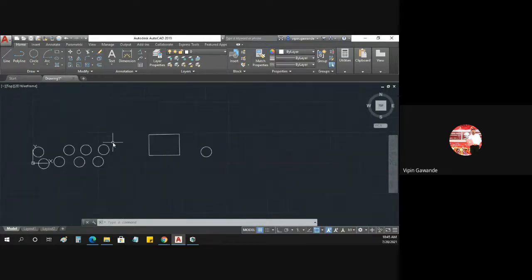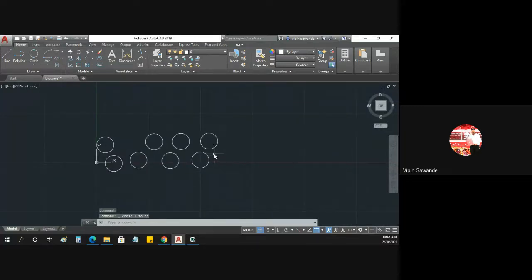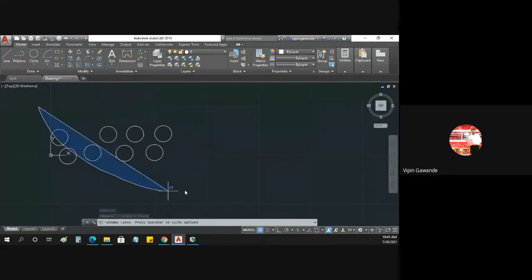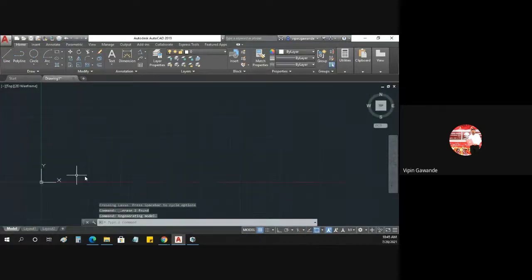So these are the commands. The trim command we have seen. Then the delete command: we can directly delete the object using the delete command. You can select it, or press the delete button, and that will remove everything from the working area. So we can remove it from there. So these are the different types of commands that we are using in AutoCAD.